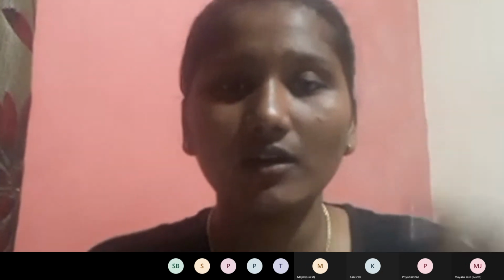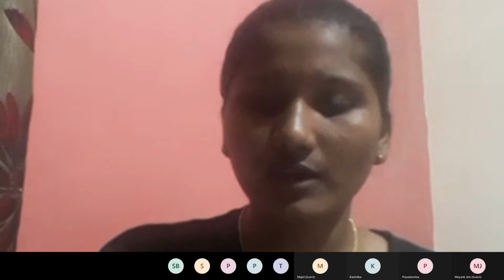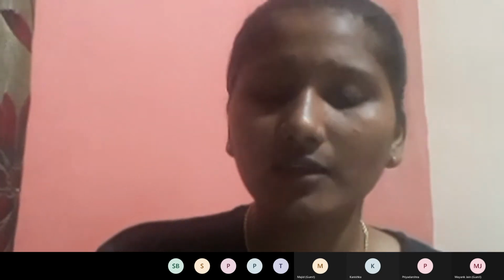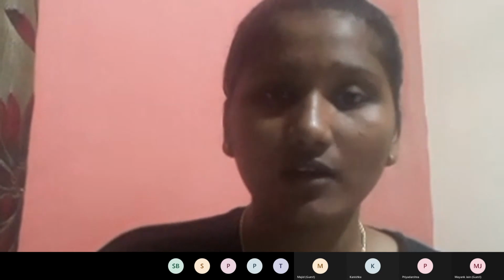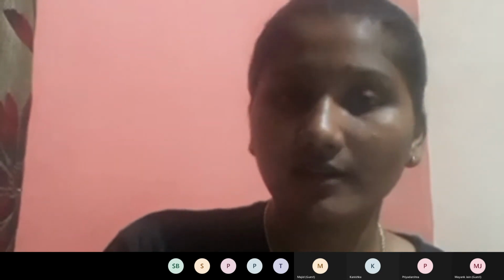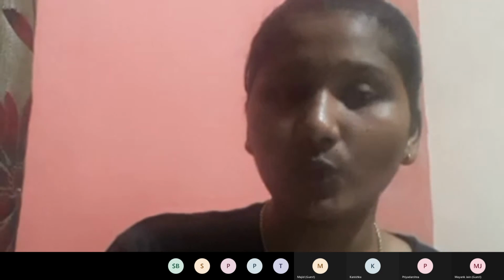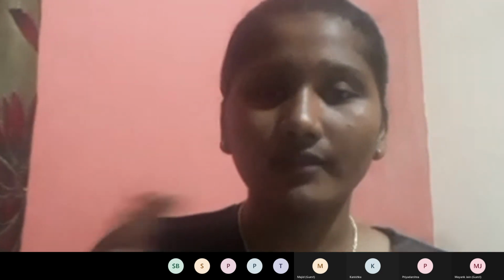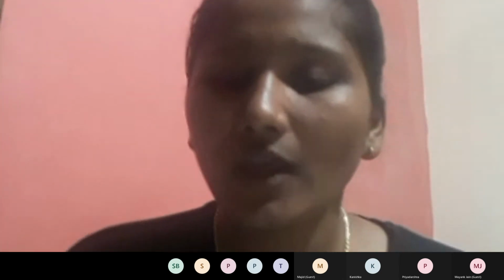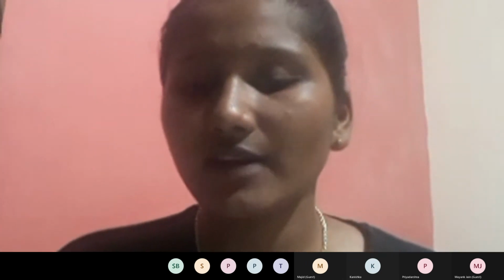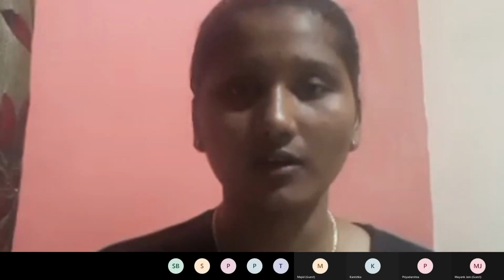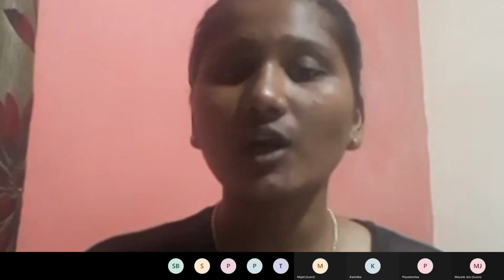Okay, what is a strand? That is a thread-like structure. You can see in the diagram, the red one is one strand and the blue one is the second strand. So for your understanding, you can mark there the red one as one strand and the blue one as the second strand. So there are two strands, so it is known as double-stranded. So they proposed a double-stranded helical structure. Helical means helix, that is a coiled structure.